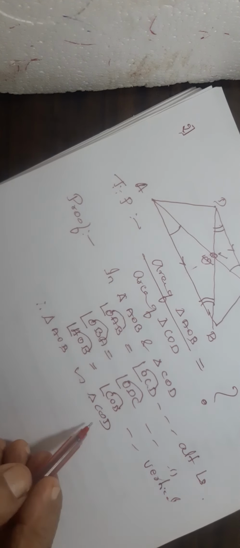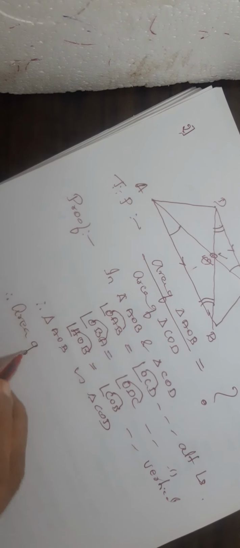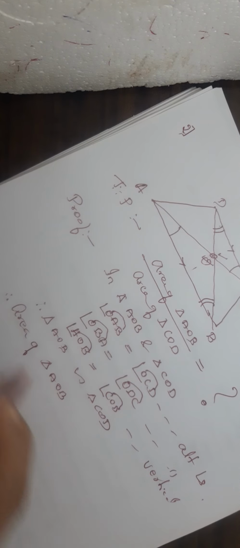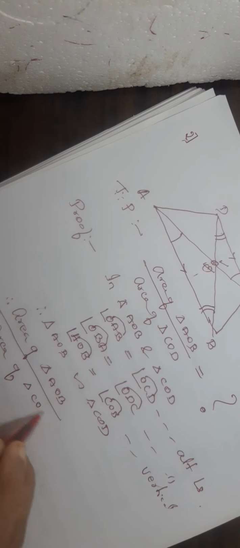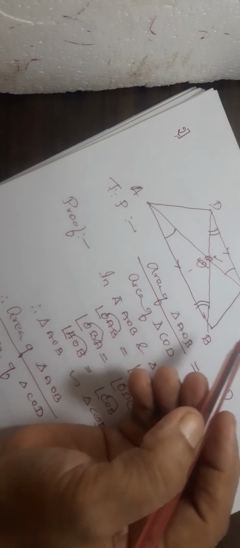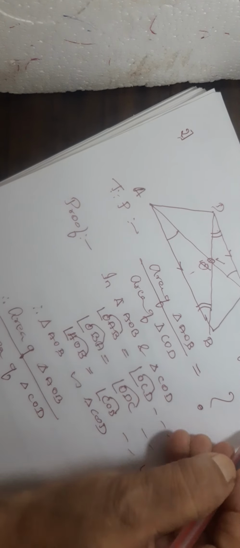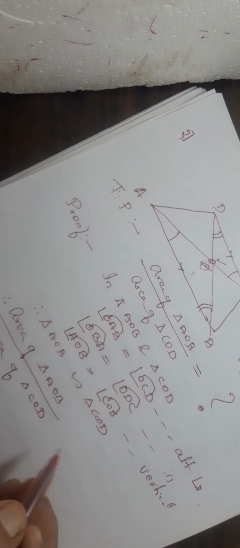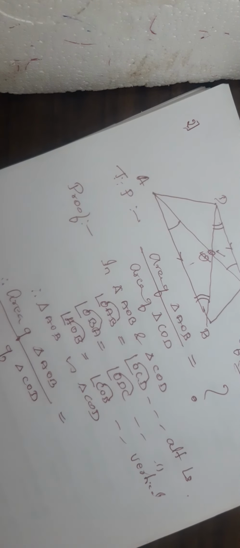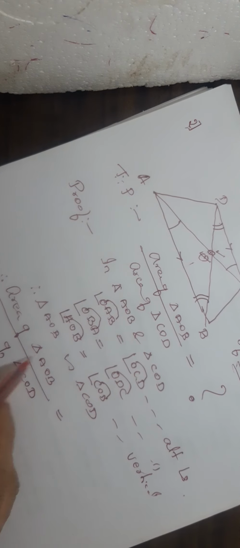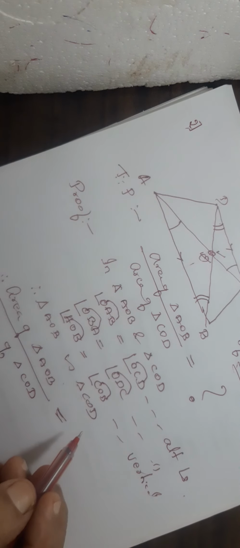So these two triangles are similar now. Now I will take, therefore, area of triangle AOB by area of triangle COD. Now, which are the corresponding sides which I want? What they have told you here is AB is equal to 2CD. So, something of AB and CD we have to take. According to our theorem, when these two triangles are similar, the ratio of their areas is equal to the ratio of the squares of the corresponding sides.